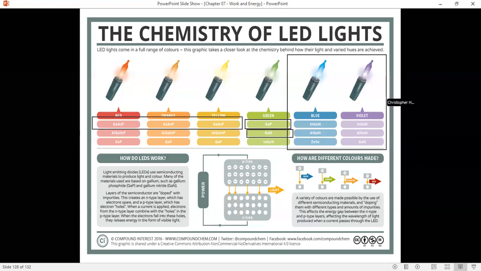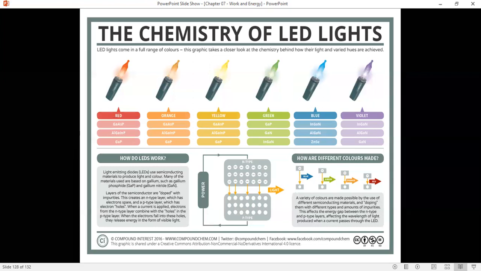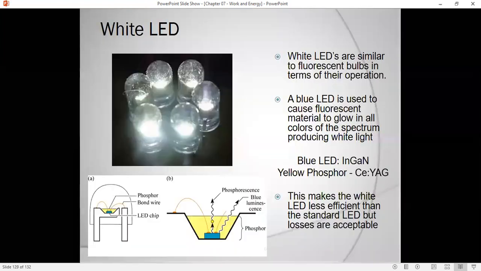It wasn't until we got to the shorter wavelengths that we had the potential to produce what are called white LEDs. And in fact, the people who invented these blue and violet LEDs using indium gallium nitride won the Nobel Prize because it was such an important discovery. Okay, in any case, how do you get a white LED? Well,